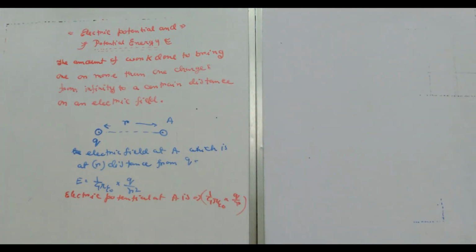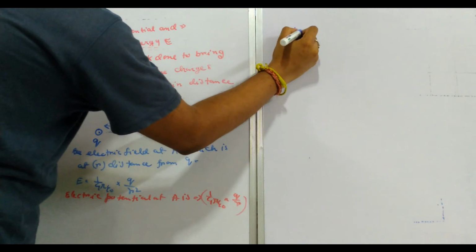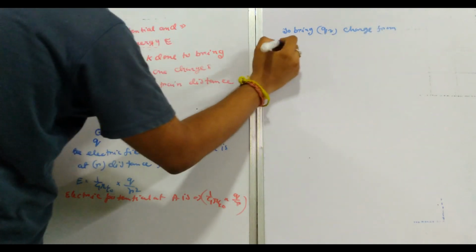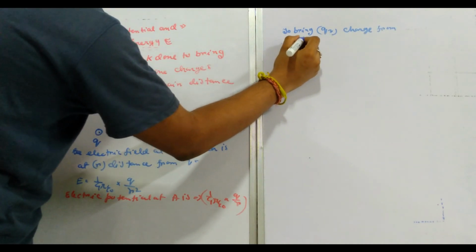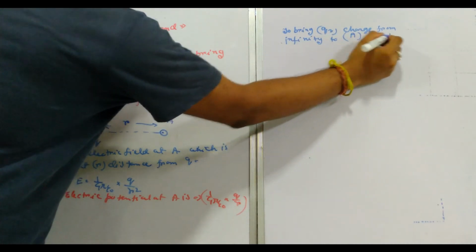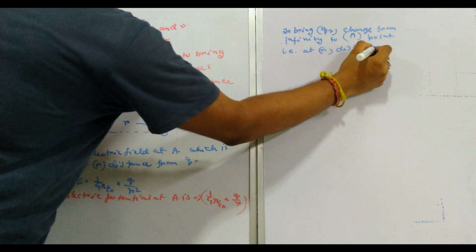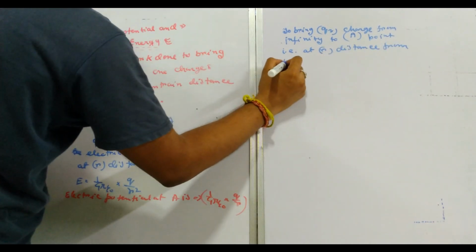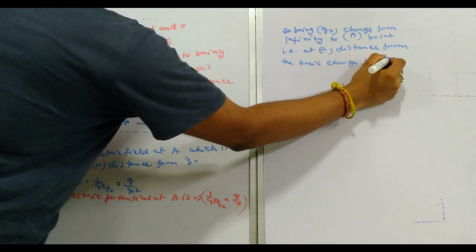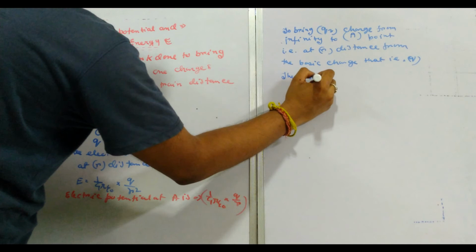Now, if we try to bring an amount of charge Q2 from infinity to a point that is at R distance from the basic charge, that is Q, then the amount of work done